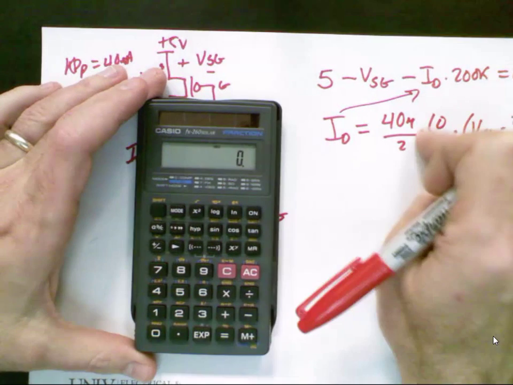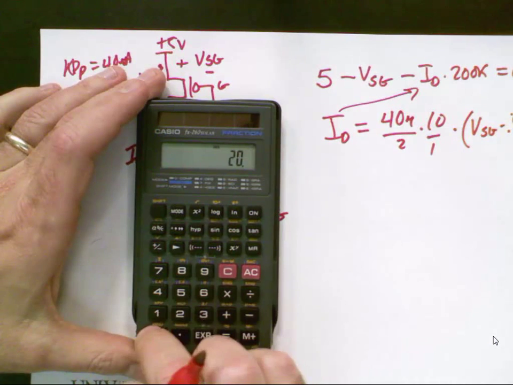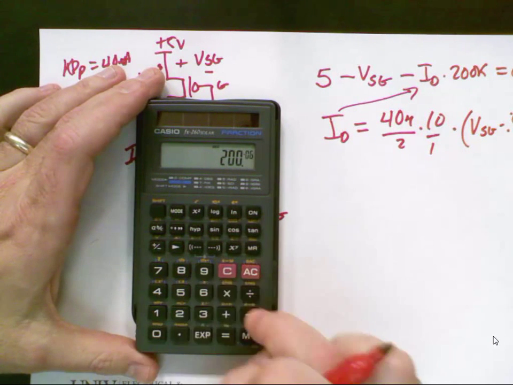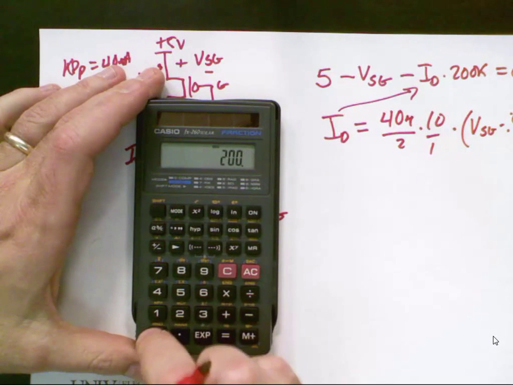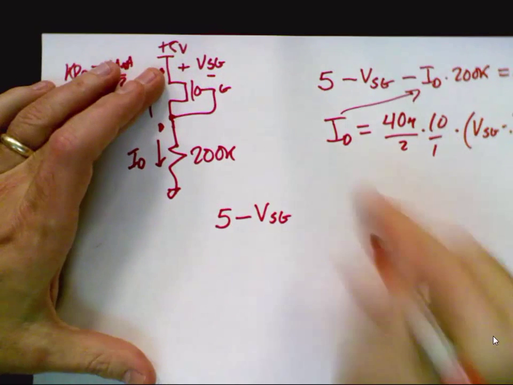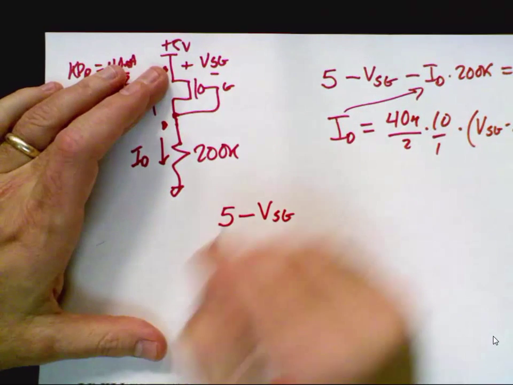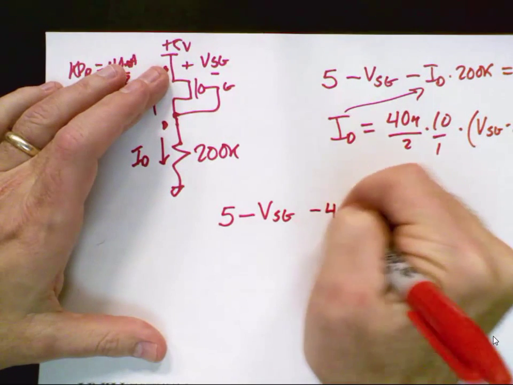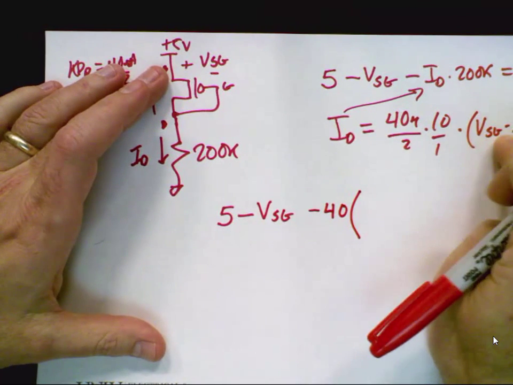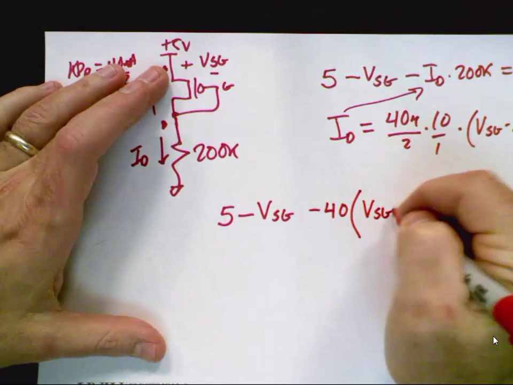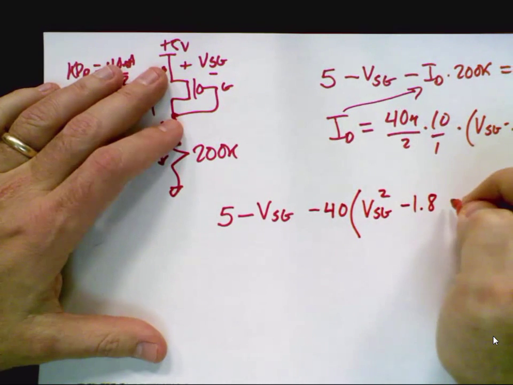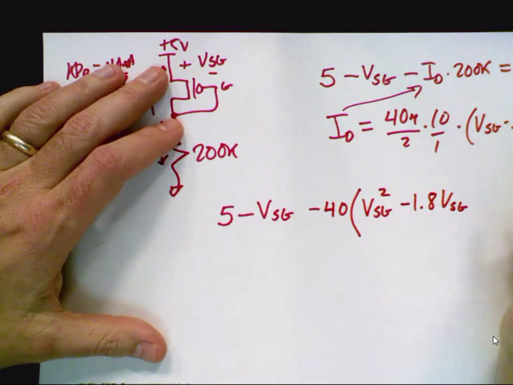That's, oh no I didn't, that is 200, right? 200 E6 change sign times 200,000 equals 40. Does anybody want to second that? Alright, so I'm going to just go ahead and write this out as VSG squared and then minus 1.8 VSG plus,